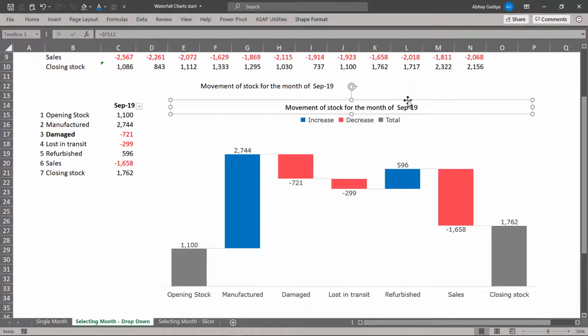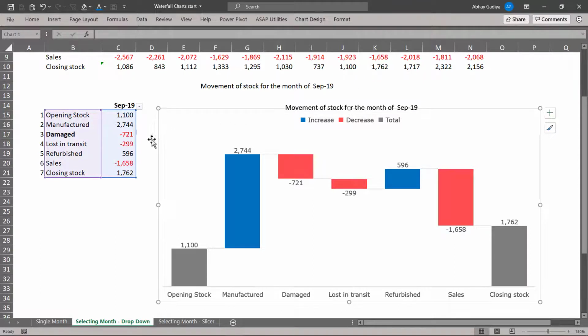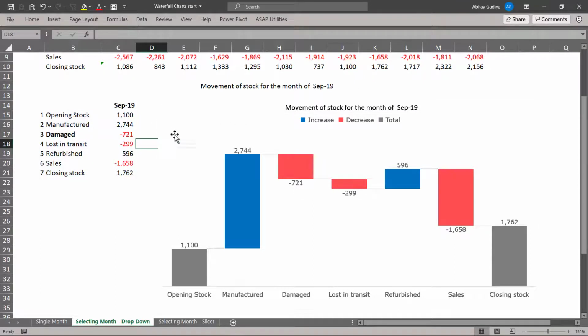You can't change the formatting for a selected value in this particular text box. Just like we have highlighted the month in the previous text box, I can't do that over here. So the entire text box will have the same formatting. So that is one of the limitations with dynamic charts as well. So here you can see that our chart as well as title has become dynamic based on our selection.